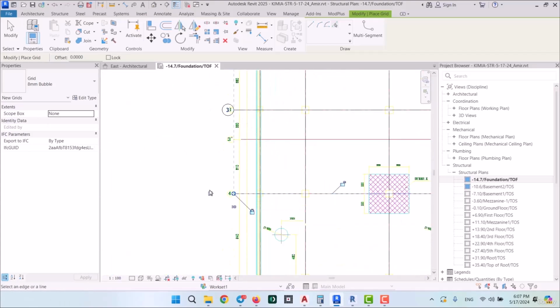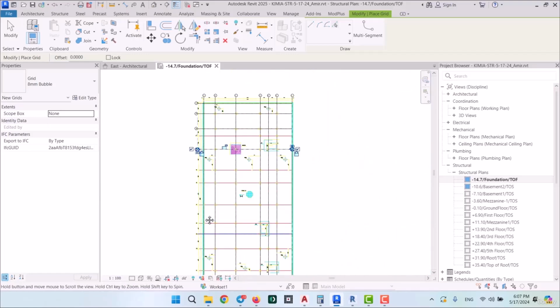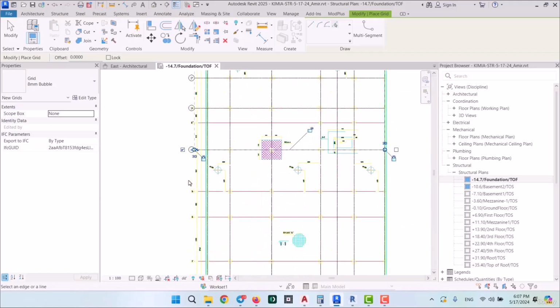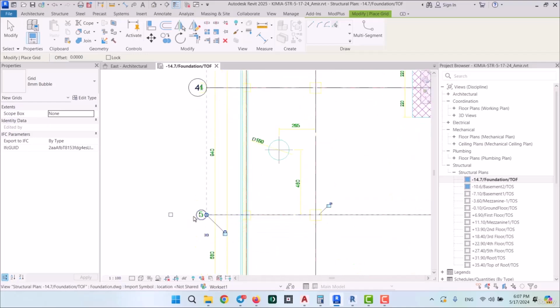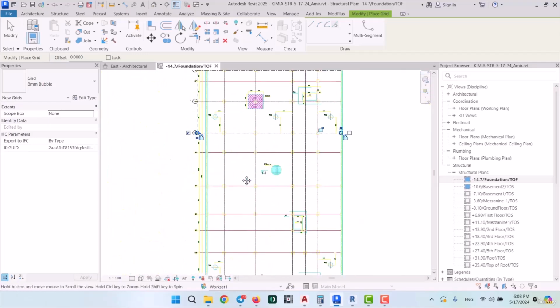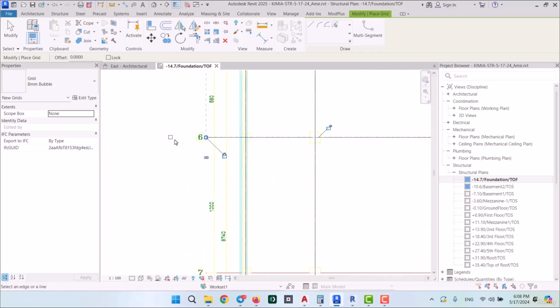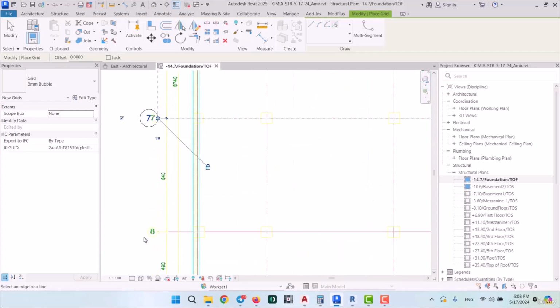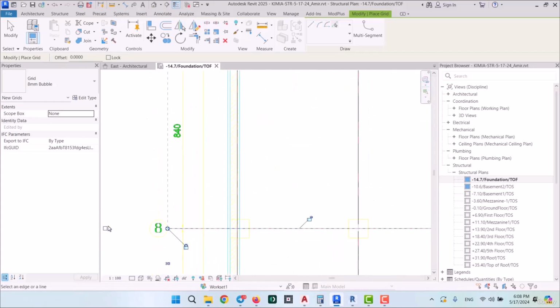Then pick the next one, which is 4, because also do you see how many more grids we have here? So if you don't skip, you'll have to rename them all one by one. So first draw the regular ones in order to save yourself from having to rename them all later on, and then edit the ones with prime on them. So you see at the same time that I am picking the grids, I'm also changing the header sides, and then we've got 7, then grid 8,